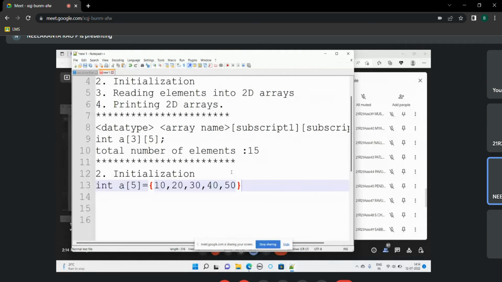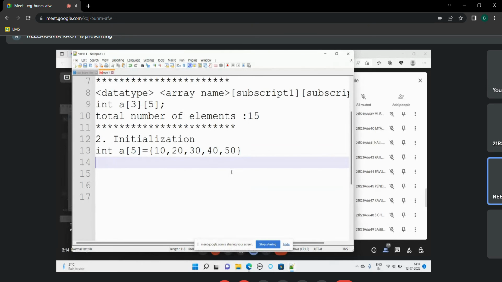Now we shall talk about initializing a two-dimensional array. Initialization of a two-dimensional array. How are you going to do that? Same thing, we are going to initialize a two-dimensional array using